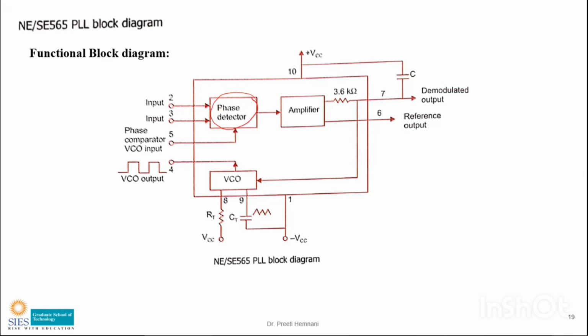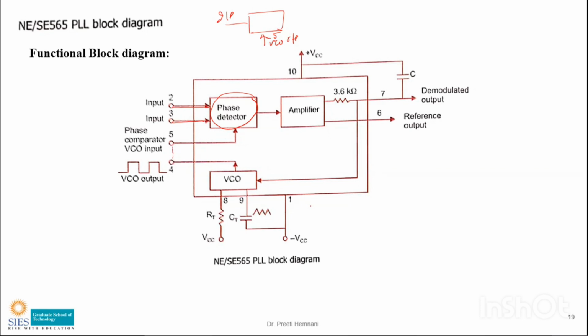This is the phase detector. The phase detector has two inputs. One is the input and one is feedback. This is the input and this is the VCO output, which is pin number 5, the VCO input. Actually this VCO output should be connected here, but it is not connected. It is open, so we have to connect it when we are using this. So this is pin number 5. This has to be connected. I can show it in dots.